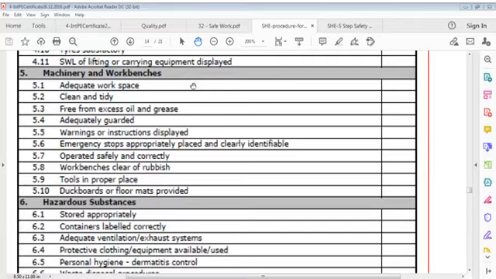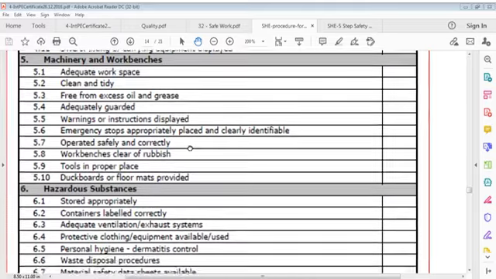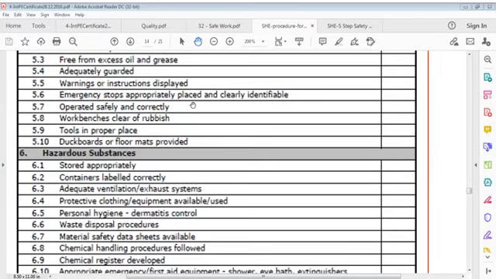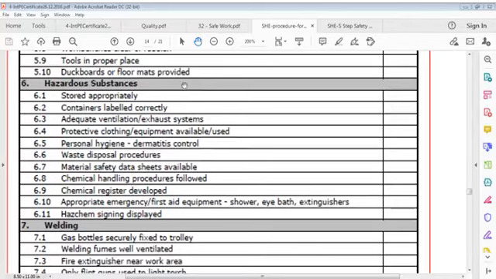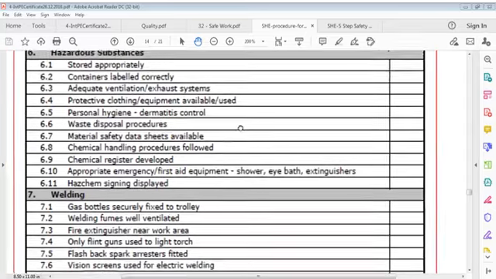Machinery and workbenches. Adequate workspace, clean and tidy, free from excess oil and grease, adequately guarded, warnings or instructions displayed, emergency stops appropriately placed and clearly identifiable, operated safely and correctly, workbenches clear of rubbish, tools in proper place, duckboards or floor mats provided, hazardous substances stored appropriately, containers labeled correctly, adequate ventilation, exhaust systems, protective clothing, equipment available and used, personal hygiene, dermatitis control, waste disposal procedures,